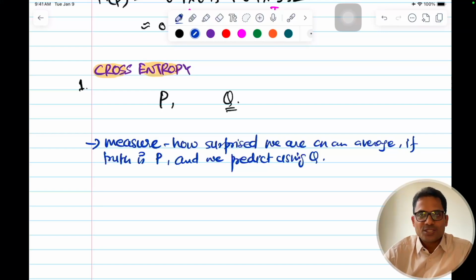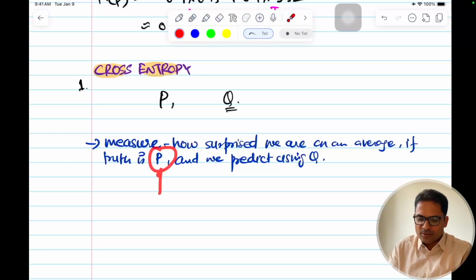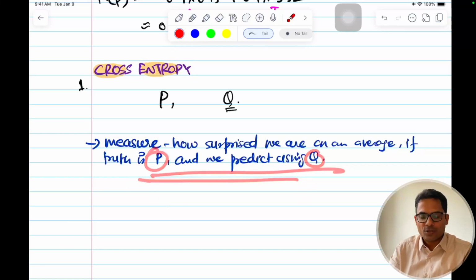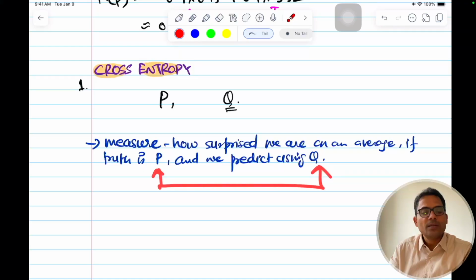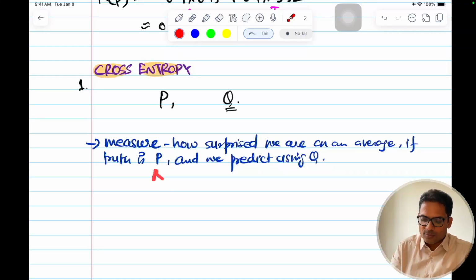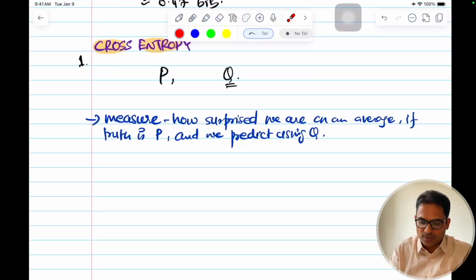So this is, as I mentioned, actual surprise from our model's prediction. We don't know the underlying distribution of the data, but we have our model which is telling us this is the distribution, and we try to predict the values. That's where in machine learning models we use this cross entropy loss a lot. You will hear about it in further videos. This is the meaning of cross entropy loss.